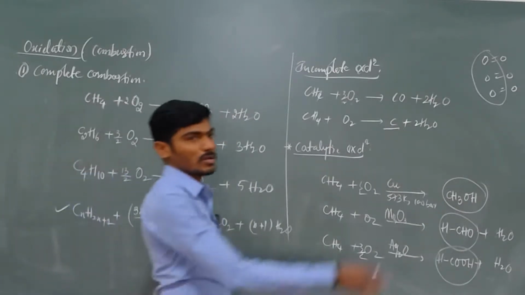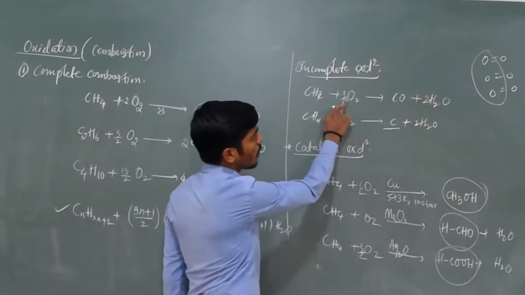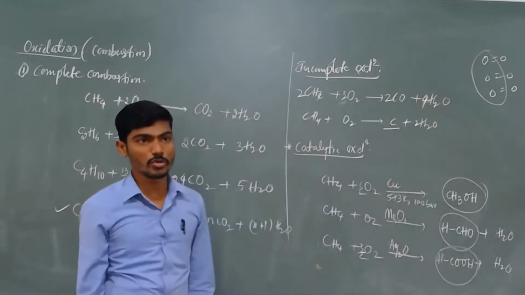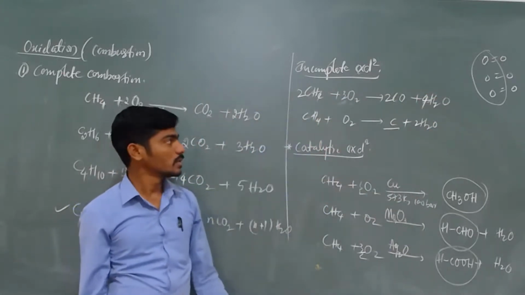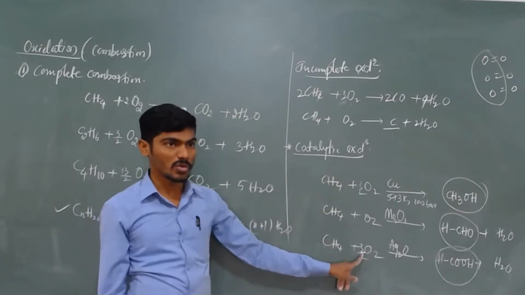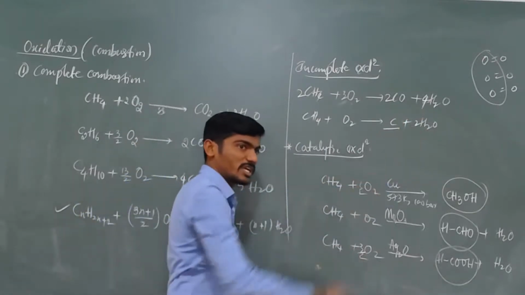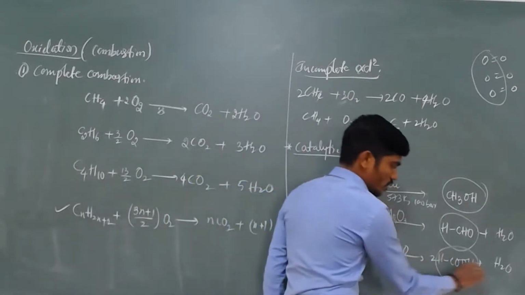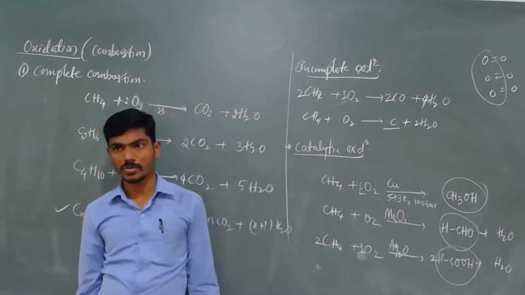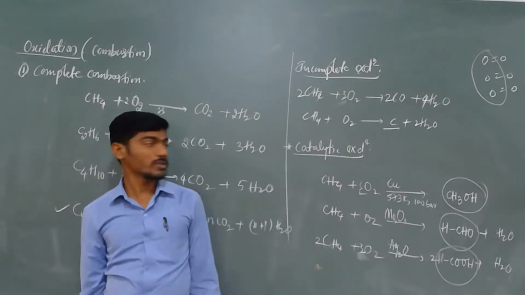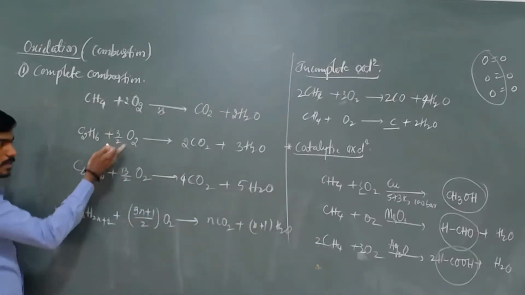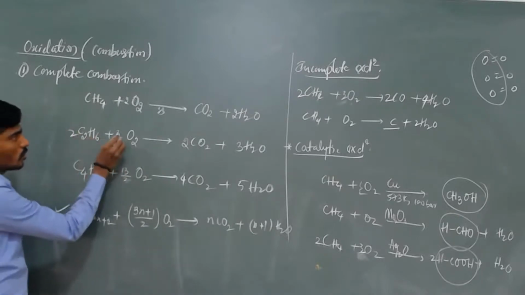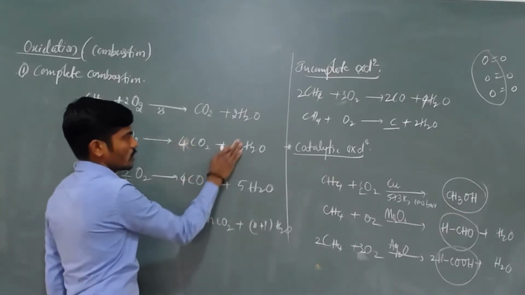To balance, in the book they give it this way: multiply the whole equation by 2, then this cancels, 2 moles, 4. This is the equation. They don't give 3 by 2 as a fraction or as a decimal like 1.5; the whole equation is multiplied by 2, so it cancels. Next, they give two other equations with 3 by 2, 5 by 2, 7 by 2. See how they give 7 by 2: this is multiplied by 2, 2, 3, 4, 6. This is the balanced